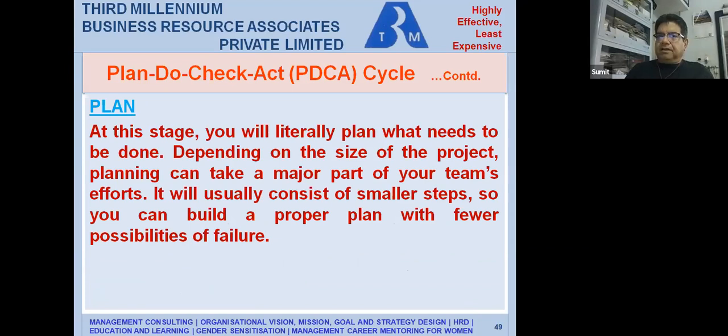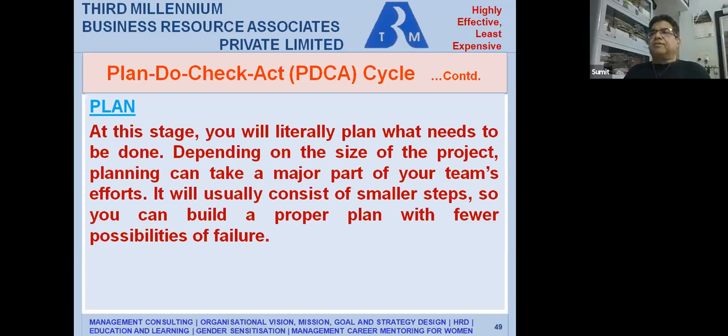Now there's a very old saying in English that if you fail to plan, you are planning to fail. So that is reflected here, that anything to be done properly needs to start with a plan, a mental application on the issue in hand, the problem in hand, which you want to solve. So you plan.